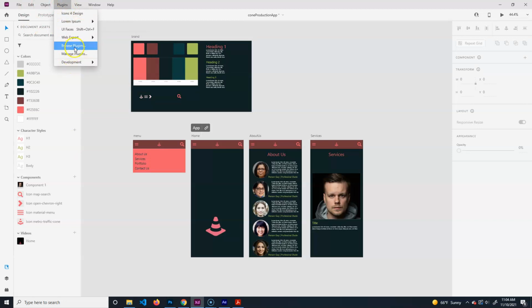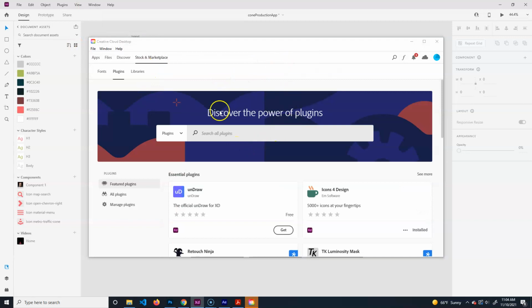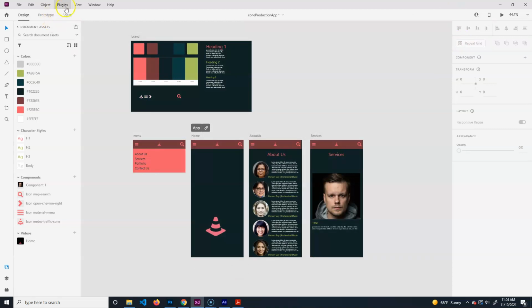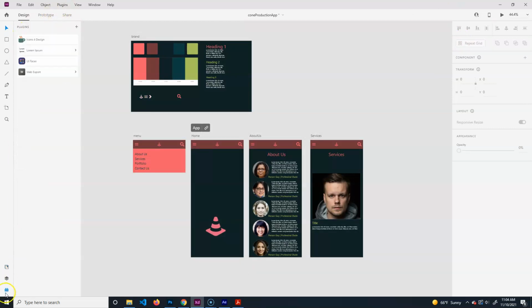So let's see, browse plugins. And then we'll just do web. Let's see, okay, web export. So I just grabbed the web export, says it's already installed. There's other ones too, but this one seemed to be the most prominent. This one looks like it's got higher, oh, but it's 29 bucks. So anyway, I use that one. And then basically we just go to our plugins now. I'm just going to click on the plugins tab, go to web export, and we can do